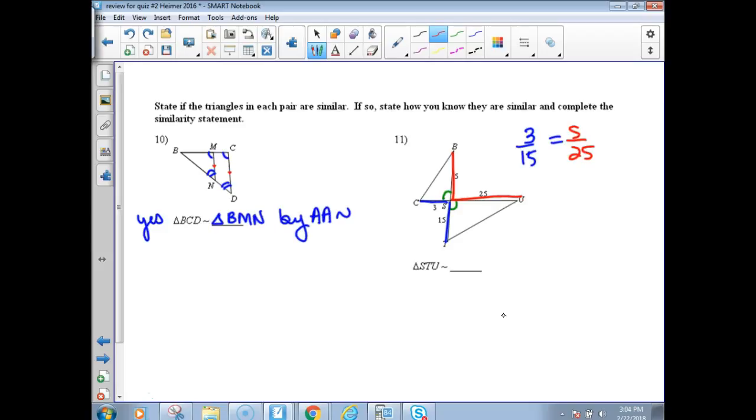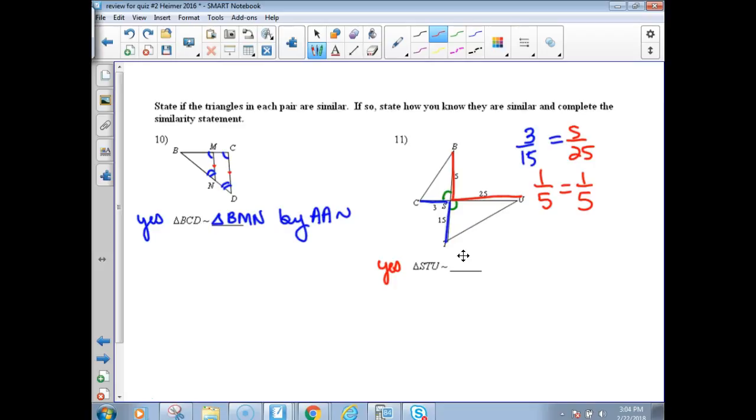The reason I knew which ones to compare is I said 3 and 5. The smaller number is 3. On the other triangle, 15 and 25, the smaller number was 15. That's how I knew which ones to compare. Now I reduce. 3 goes into 3 once, 3 goes into 15 5 times. 5 goes into 5 once, 5 goes into 25 5 times. They both reduce to 1/5, which means yes, triangle STU